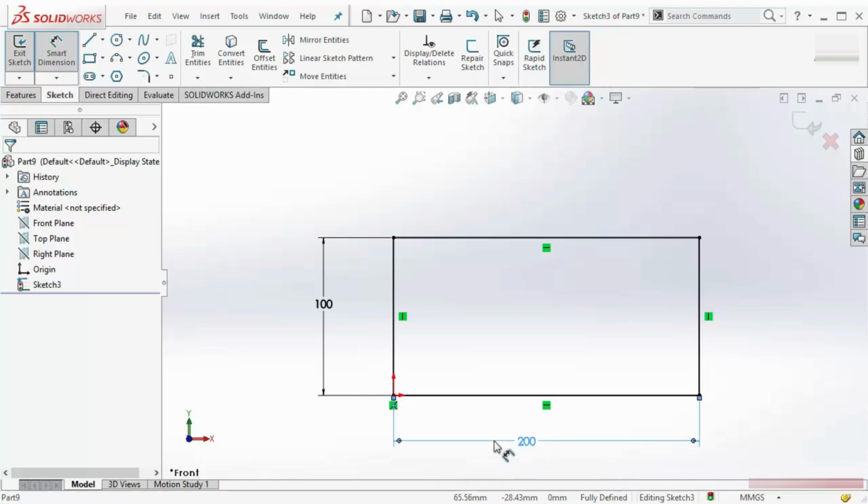That means if I delete one dimension, this is under-defined. If I define my sketch with all dimensions and geometric relations, then it will be fully defined. What will happen if I put more dimensions or more geometric relations? Let's say I will make one more dimension to this side,